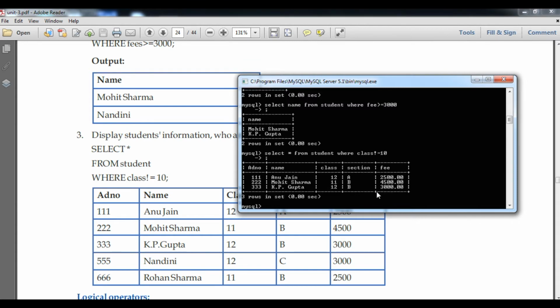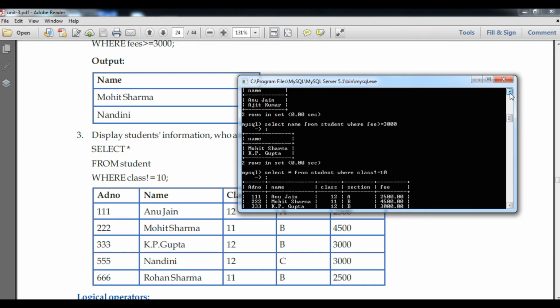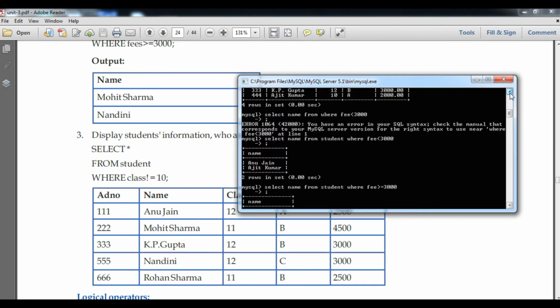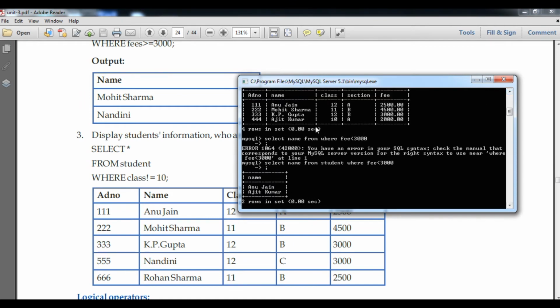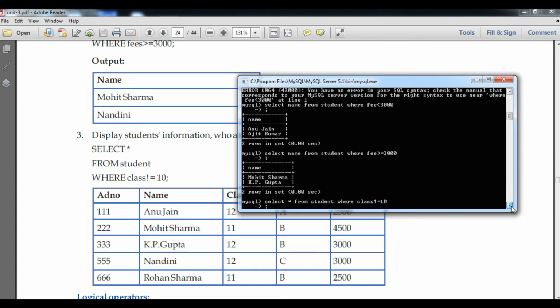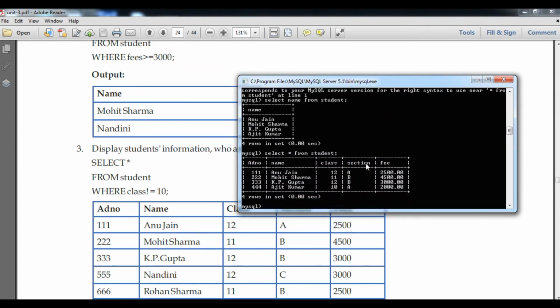So here I enter. Now you can see only 3 students have come. The classes are 12th, 11th, and now see who is left, the student who studies in class 10th. Here you can see Ajit Kumar is the one who is not in class 11th or 12th according to the list.